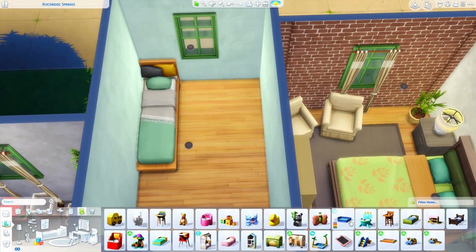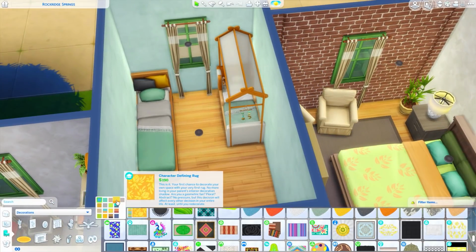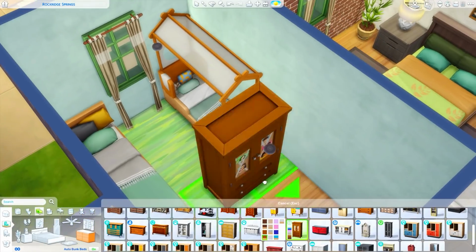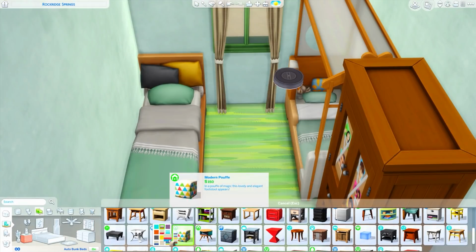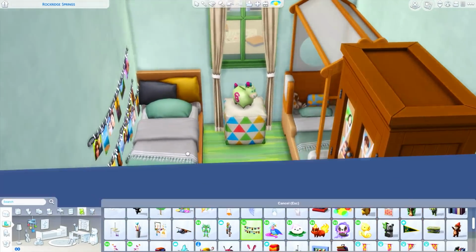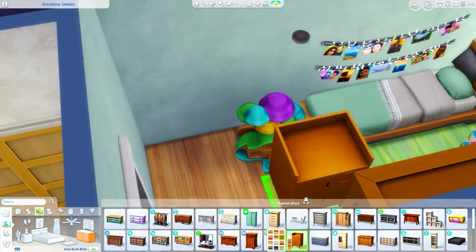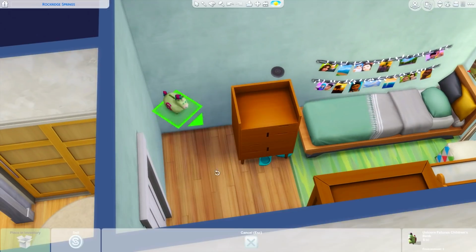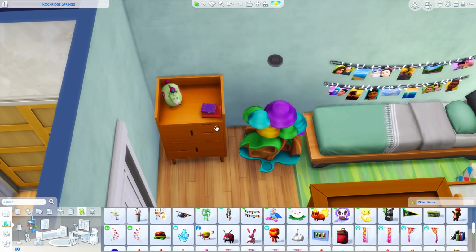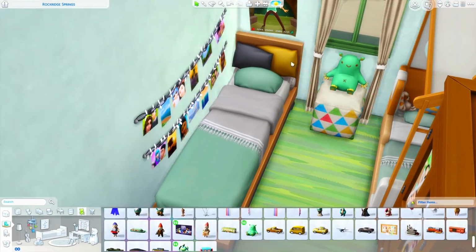Sometimes words don't work very well when I'm doing voiceovers, but this is the kids' bedroom, and once again, it's green because we have a green roof. And I thought it was a fun color for this bedroom. I'm using the Eco Lifestyle bed in both beds. I almost said bed and bed. But the child's bed as well as the toddler's bed, because they match so nicely, and that's the best toddler bed in the game. Just getting a couple decorations in here, and then that's going to be it for this